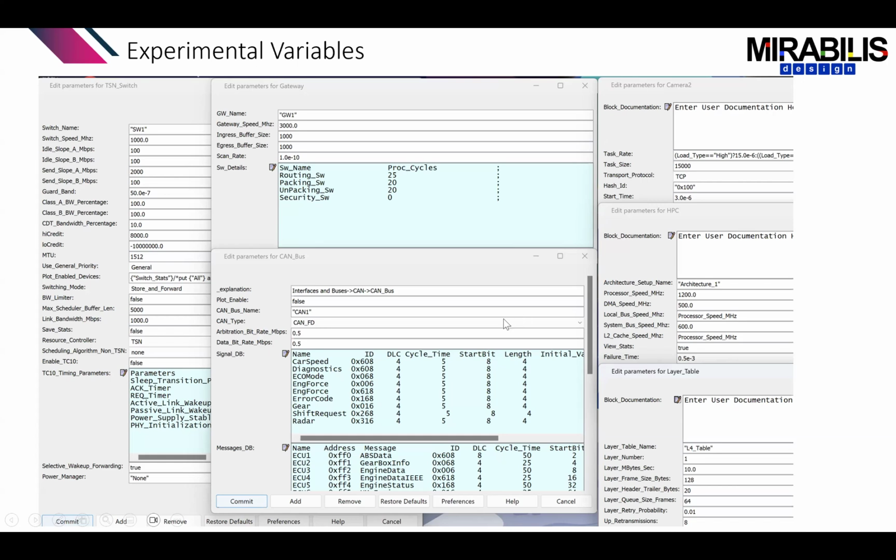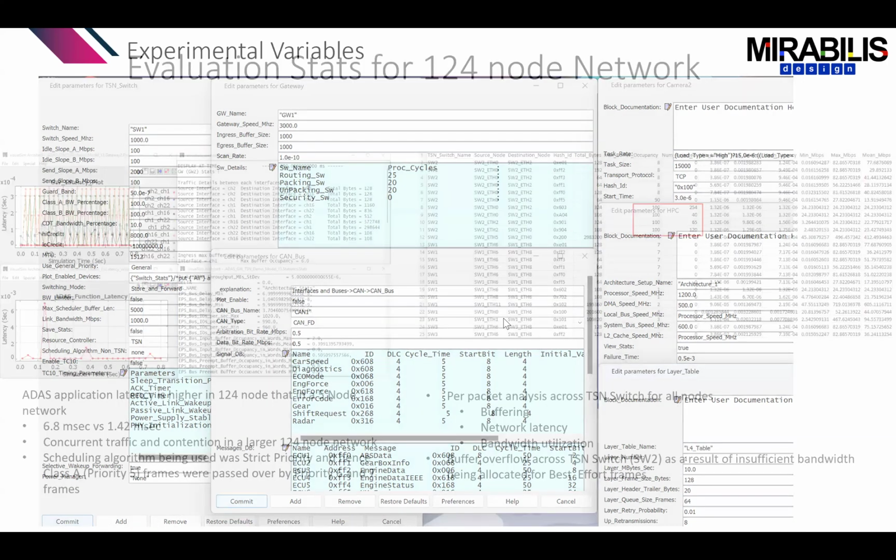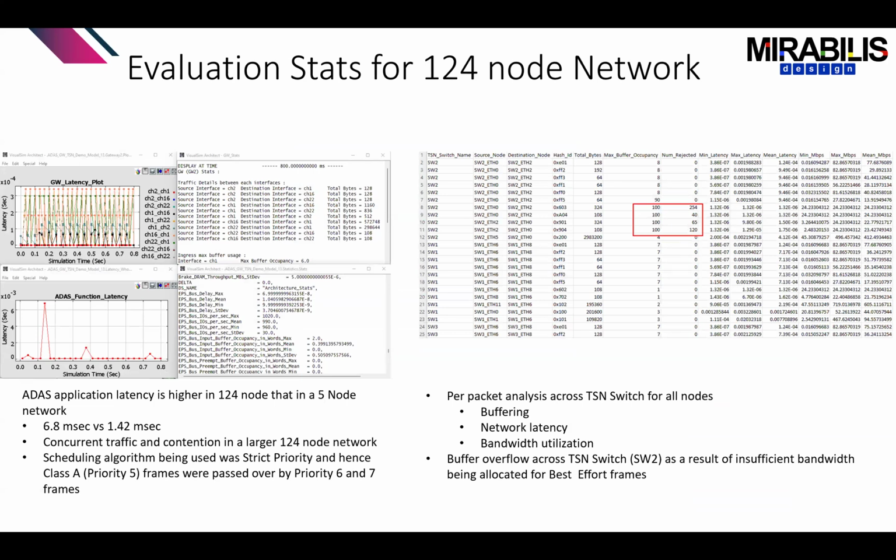This is at the network communication level. So when you look at statistics, what you're really interested in is, for a particular latency or a particular application, what is my end-to-end latency? So here, for example, when I compared 124 nodes versus 5 nodes, you notice that the 124 nodes, the latency was at 6.8 milliseconds, while when I only had 5 nodes, it was 1.42. So we're looking at almost a 4x higher latency just because we had a much larger network, which means we had to go across multiple segments, multiple gateways, but also had to collide and compete with other traffic